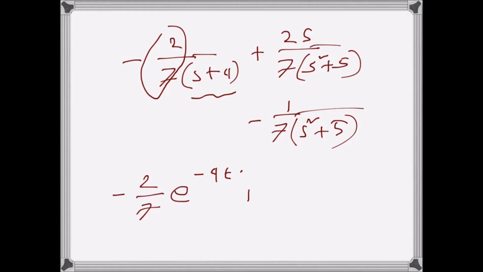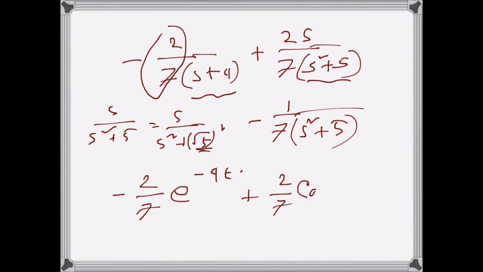So that's there. Now for this one, if we recall, s over s square plus 5, or s over s square plus square root of 5 squared, this is the Laplace transformation of cos square root 5t. This is the coefficient of t. So 2 over 7 cosine square root 5t, that will be the inverse Laplace transformation of that one. And finally 1 over